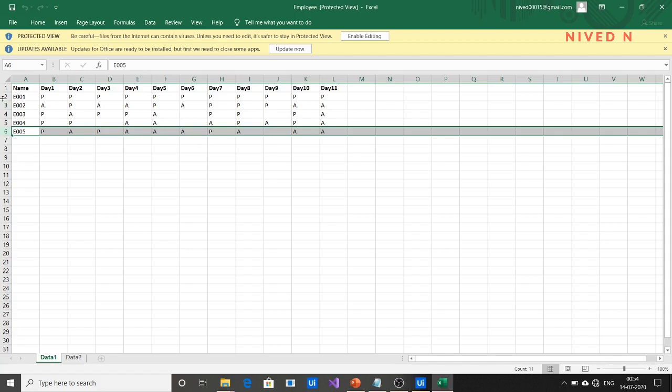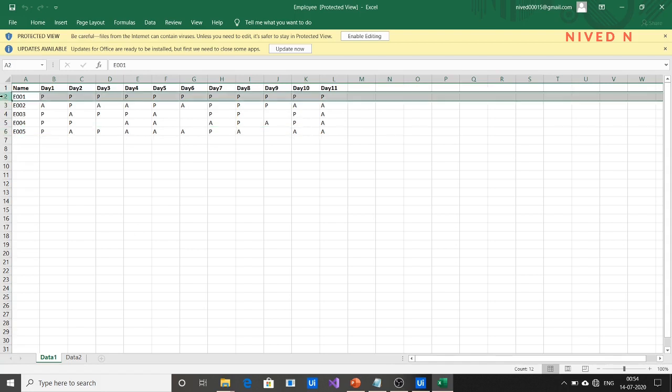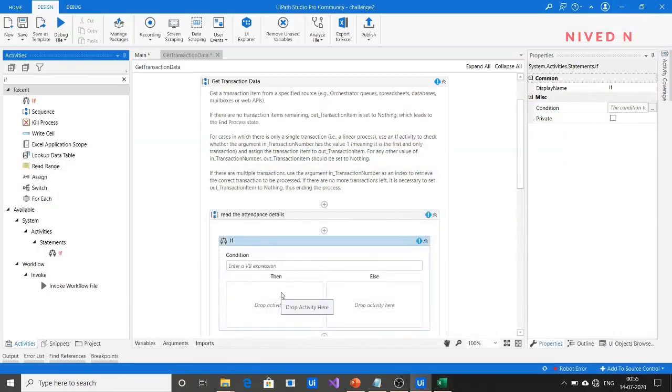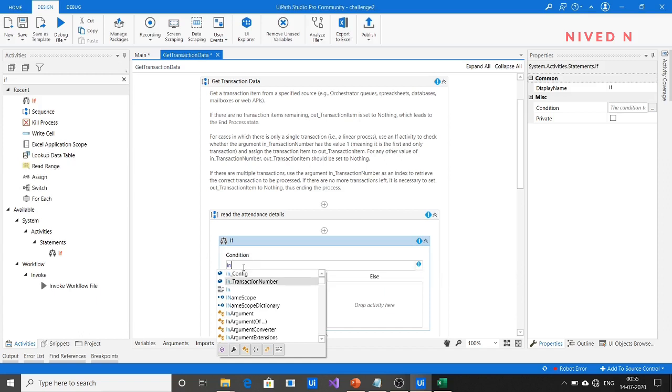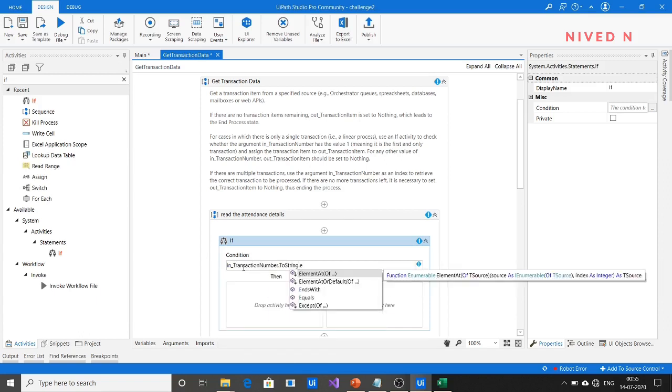That is, if the transaction number is 1, meaning if it is the first transaction, we can read all the data and store it in a data table. In this way we can read the whole Excel file. For that, you have to provide the condition: transaction number dot to string dot equals, let's say, 1.